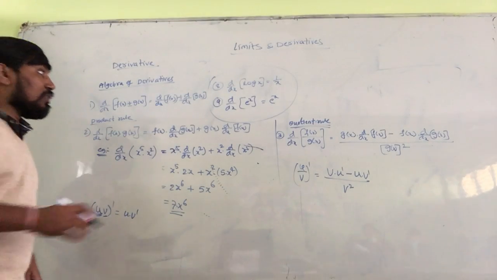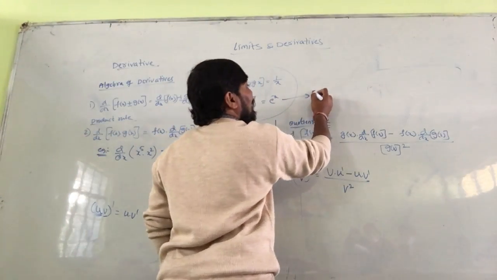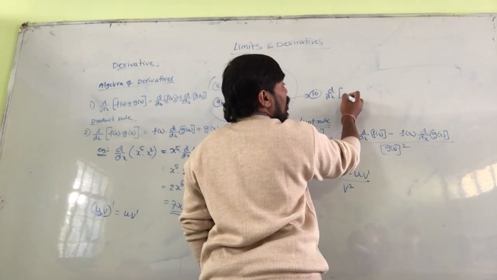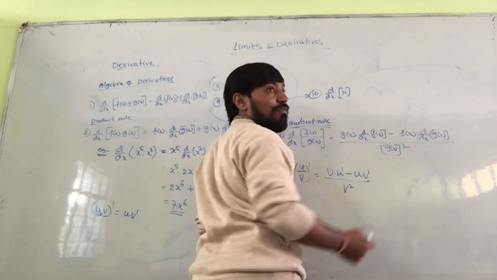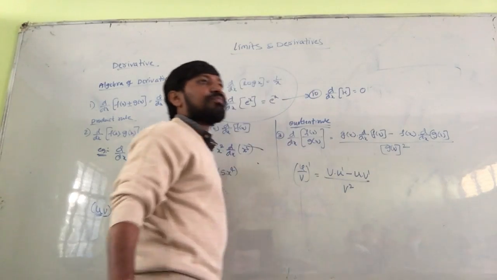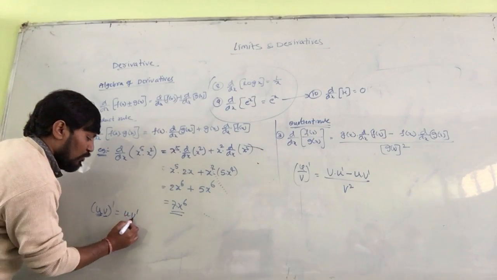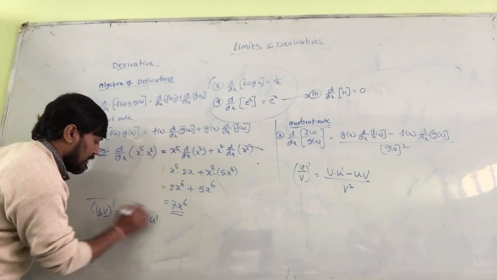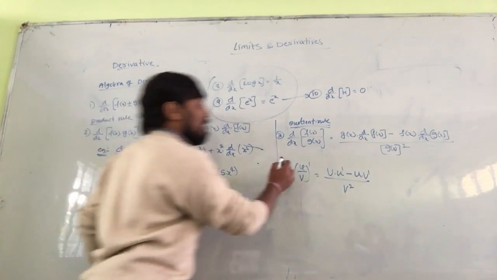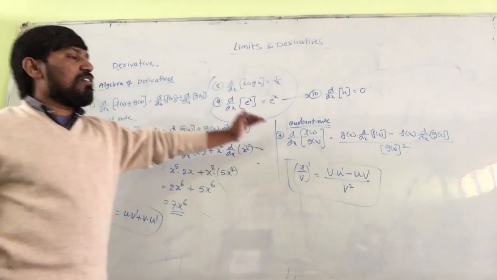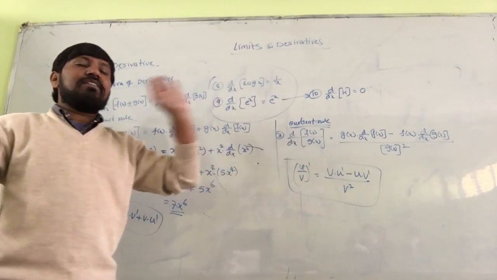And here one more thing you need to remember. Apart from this, the tenth one you take here in the derivatives, d by dx of any constant k is equal to 0. You can verify this. u dash v, u dash. This is the u v formula if you want, and the u by v formula in the form of f of x into g of x, and in the form of f of x by g of x.